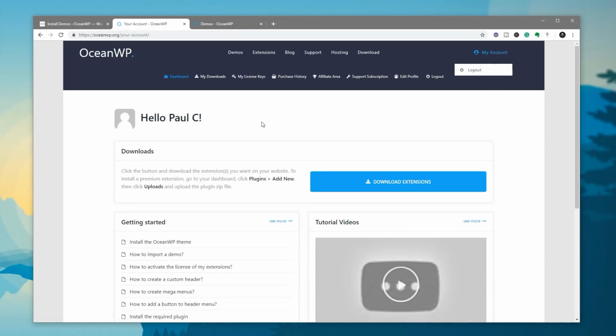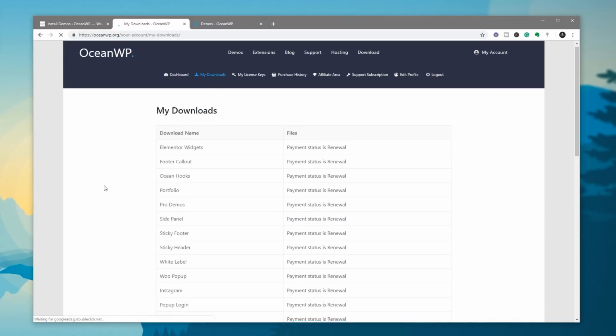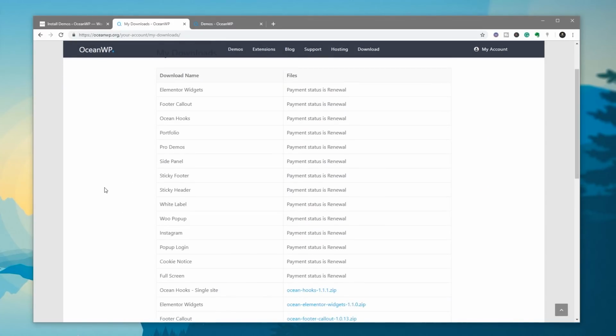directly. So once you log in, you can see you come to My Downloads. Once you're in My Downloads, you can go through and download the relevant plugins, then simply upload them to WordPress and get ready to start working. So I'm going to go through that process, and then we'll go to the next step of setting up the